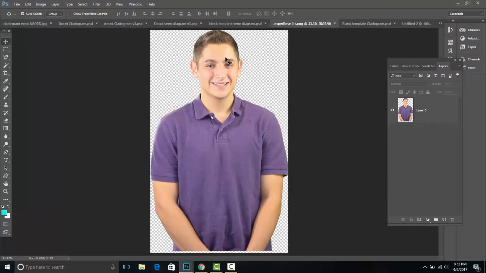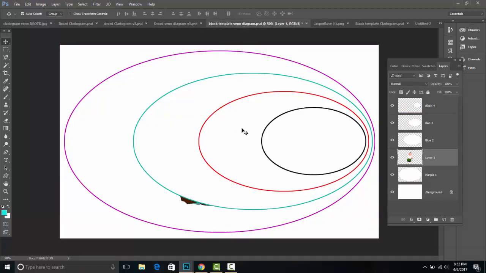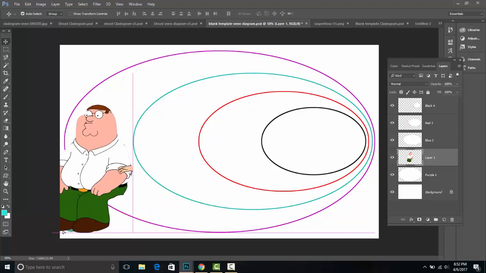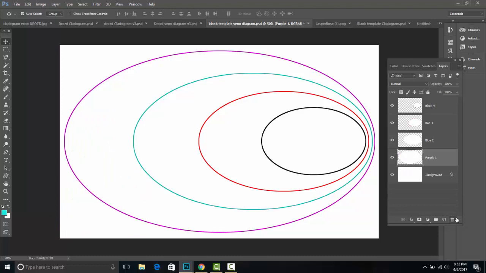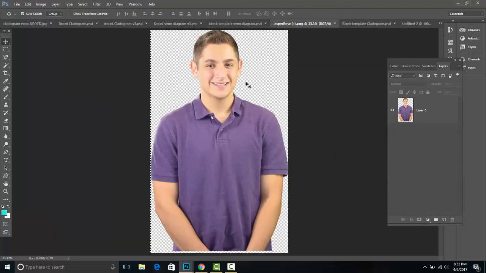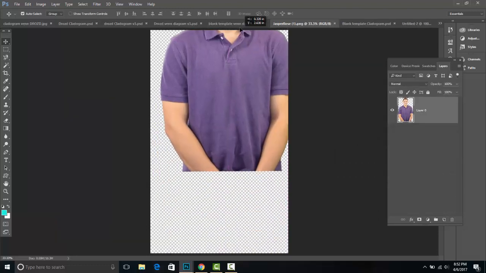So here we've got a PNG. I'm going to press Command A, Command C, and then I'm going to press Command V. And all of a sudden, I don't see him, but I do see Peter Griffin. How did he get here? So I'm going to click and I'm going to drag it to the garbage can, and I'll return here. And actually, what I can do is I could actually just drag it into this